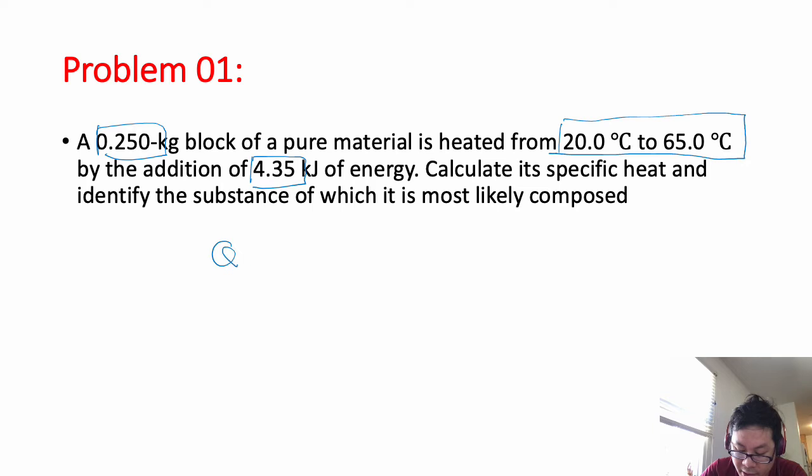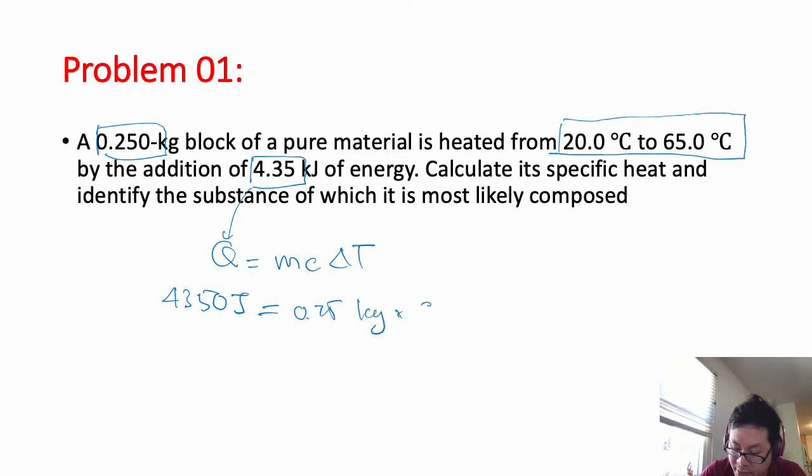So we have Q equal to mcΔT. Q here in joules equals mass in kilograms times C, which is unknown, times 65 minus 20,